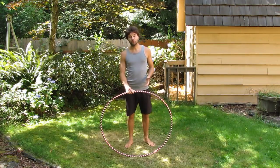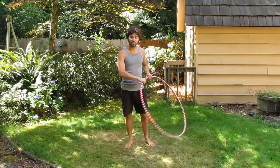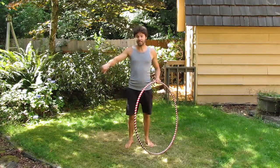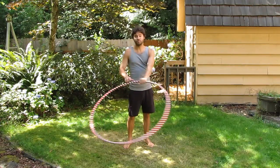So once you're able to do a good foot lasso, it's good to learn how to grab that hoop off your foot and go into this hand-off motion. So now if you're spinning that hoop on your foot to the right, you're going to go ahead and use your left hand to grab that hoop. Now if you're spinning that hoop around your foot to the left, you're going to use your right hand to